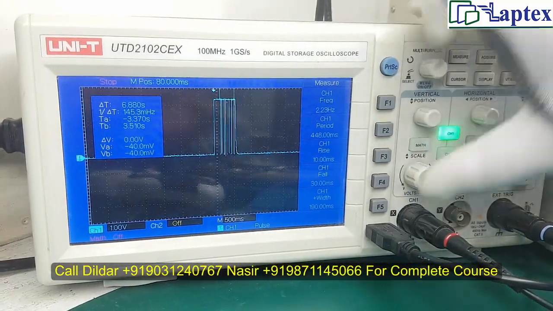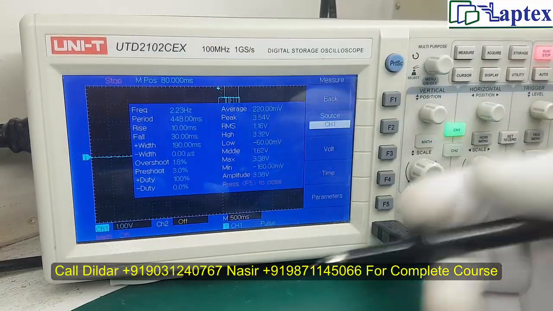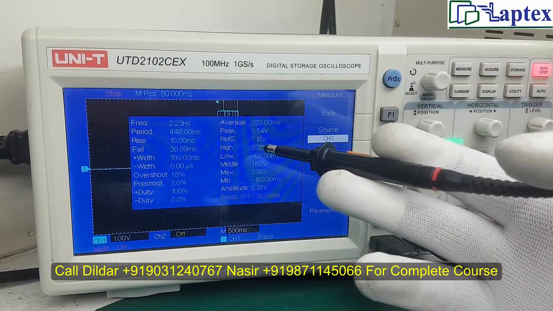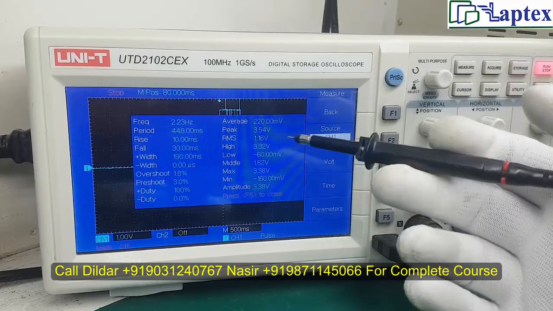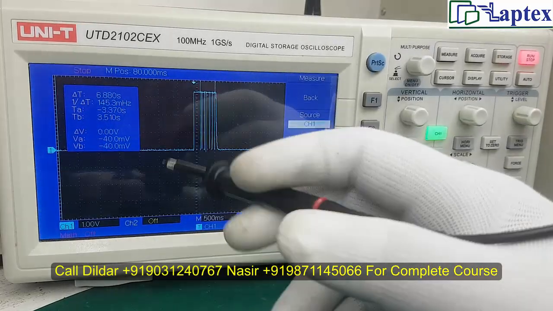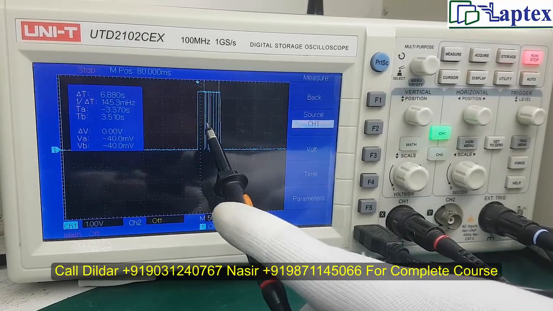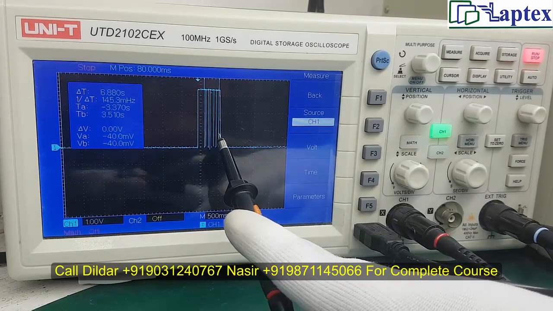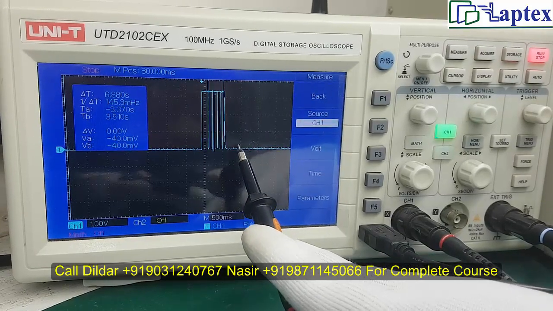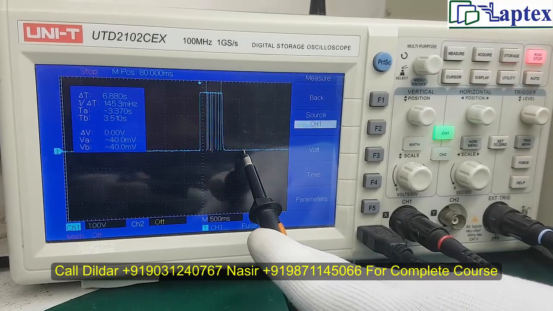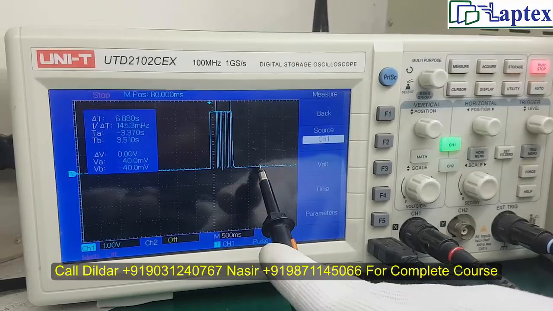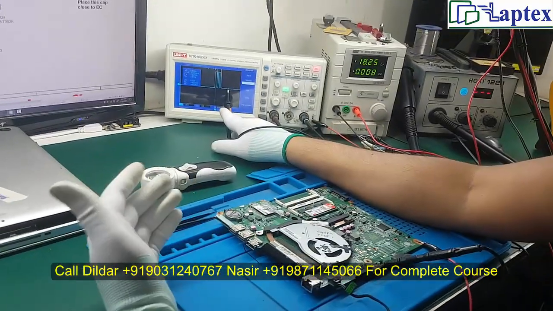And if you want to examine everything, now you just analyze it. What is the frequency, the average voltage, peak to peak, RMS value, amplitude, duty cycle, each and everything you can analyze through this feature. So overall we can say the condition of the frequency is good. You can say the PWM cycle is very good, but due to some reason it is getting down. It is falling down just because some voltages are not proper, or you can say some voltages are not up to the mark and not at the threshold value.